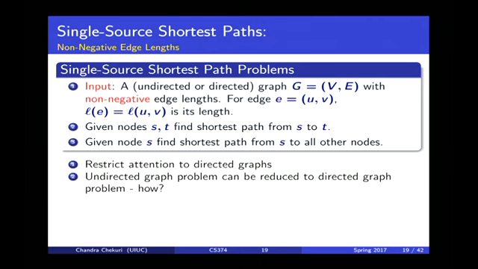Yeah, take an edge, and I don't want to think of it as splitting, because I want to think of it as replacing it with two edges, one in each direction, right? And this reduction works. You have to verify to yourself that, for shortest paths in undirected graphs, if I take a graph G which is undirected and replace that with a directed graph with two edges in both directions for each undirected edge, that shortest path distances are fine as long as,